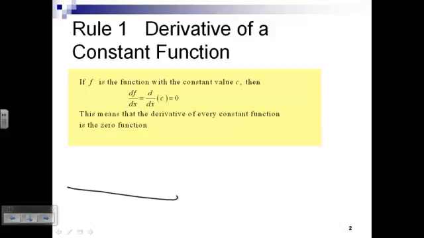If I had a function which is a constant function, meaning every time you give me a new input to this function, I just return the same value again and again and again. That constant function would look like this. There's the value a, and no matter what different x value you give me, I just return the value a. We want to ask what the derivative of the constant function is, remembering that the derivative returns the slope